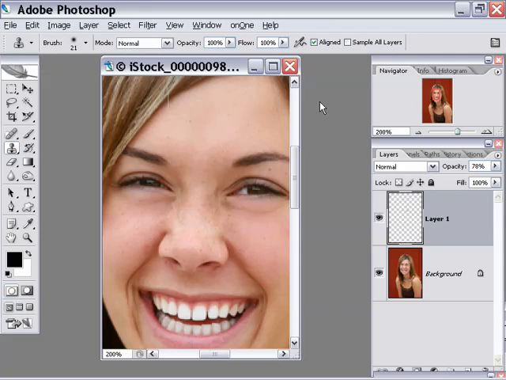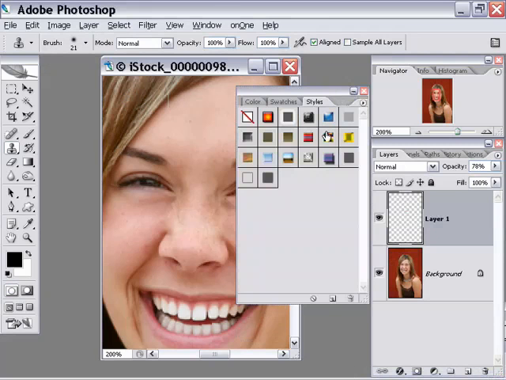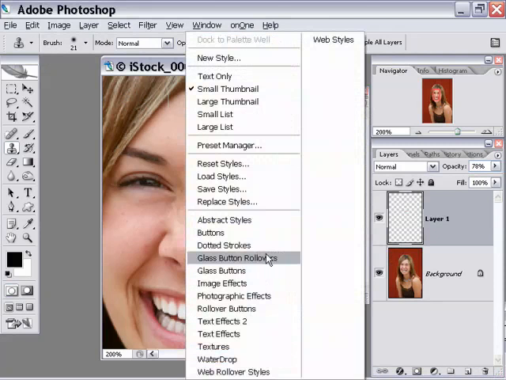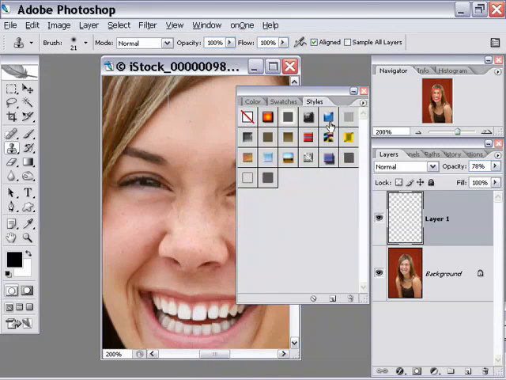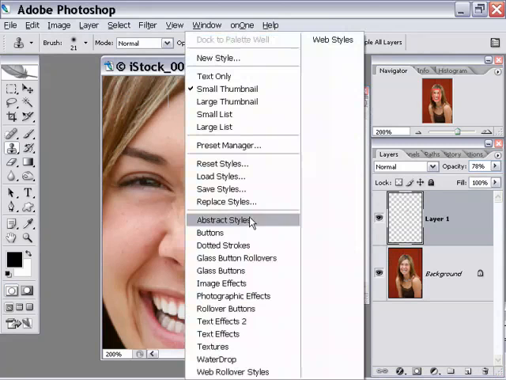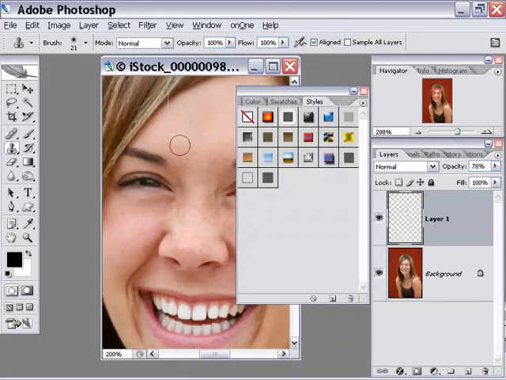Okay, now let's take a look at another one here. And this is one that has to do with layer styles inside of Photoshop. If I take a look inside the styles palette, you'll see a lot of really ugly styles. You can click on the little flyout menu and you can see that there's not a whole lot better ones inside of that you can pick here. So what you can do is click the little jump over to ImageReady button here,